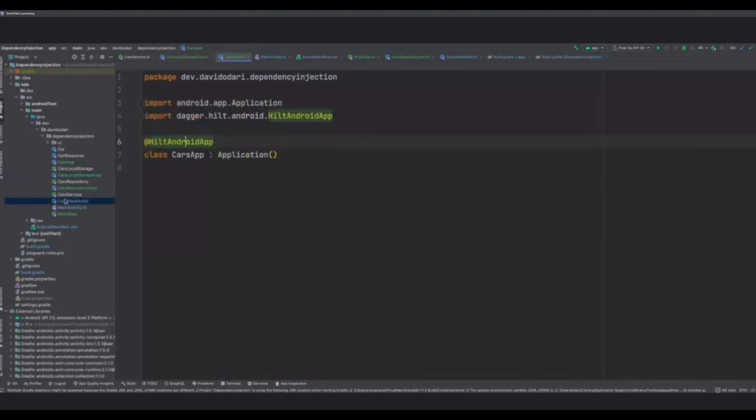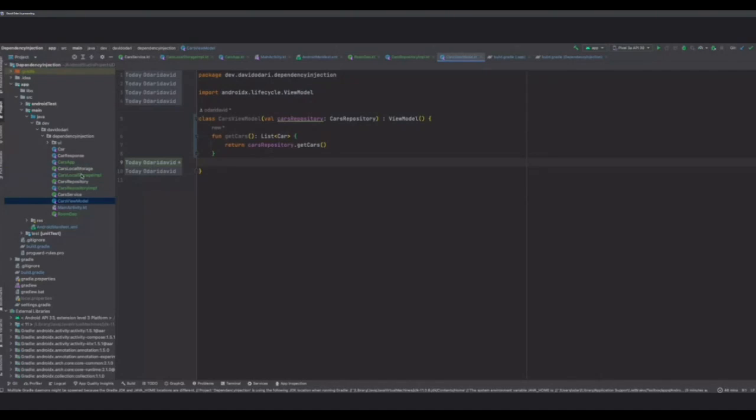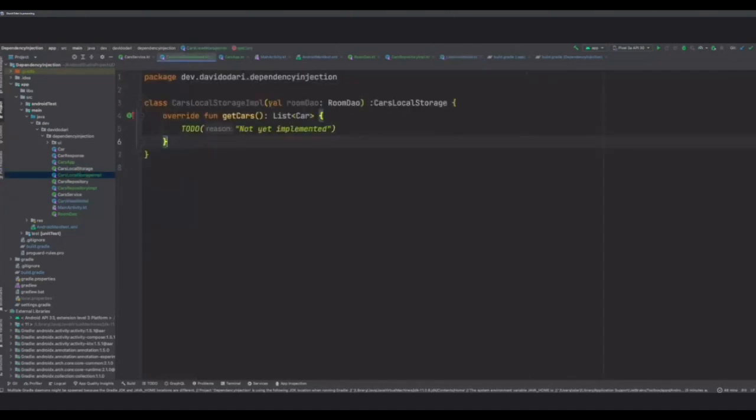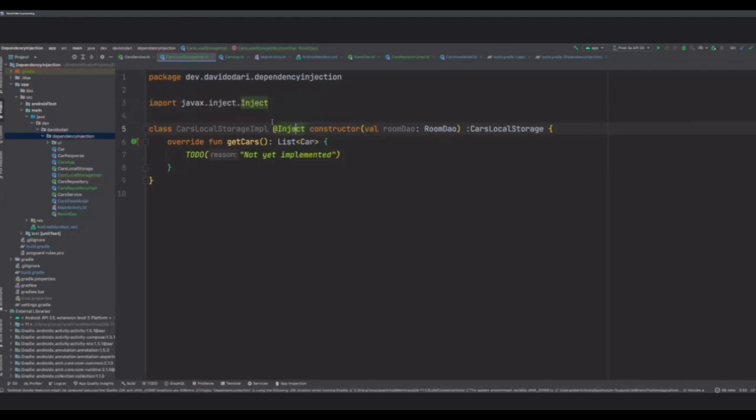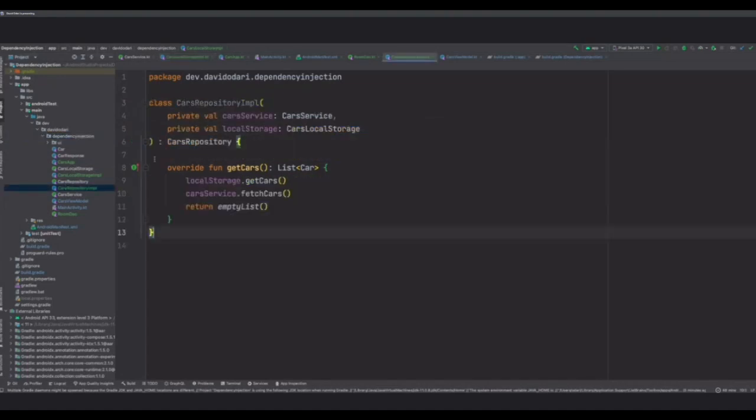So for it to be able to create these things for us, we need to come here, for example, to the impl and mark your constructors with something called inject. Inject is pretty much a standard used in most dependency injection. It's not exclusive to Hilt only. So you just have to come and say inject on the constructors of your implementations. I'll just come here and say inject.